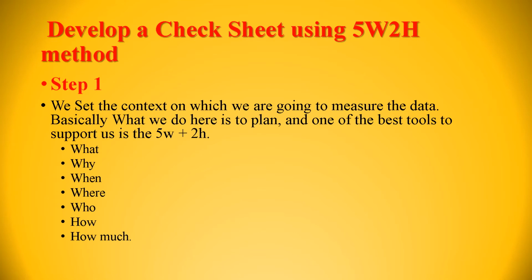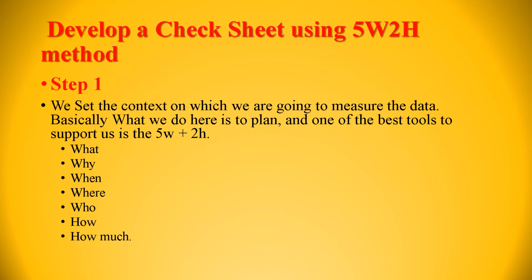Now you know the 5 Ws. What? Then you have to explain the action. Why? Then we have to justify the reason. Third one, where? Then you have to clearly point out the location. Under the fourth one, when, you have to explain the date, time and the deadline. The fifth one, who is going to do it. That means we have to mention the responsible person for that specific task.